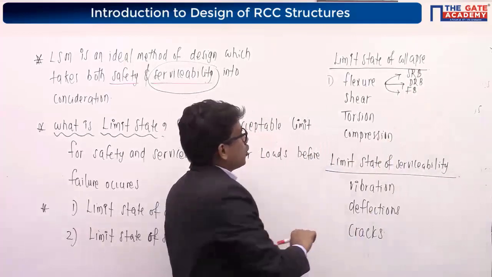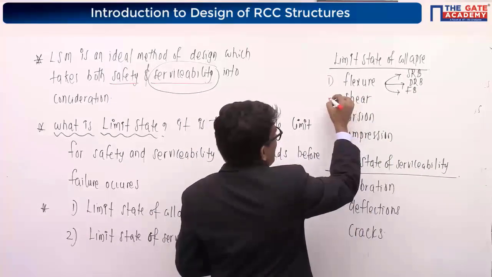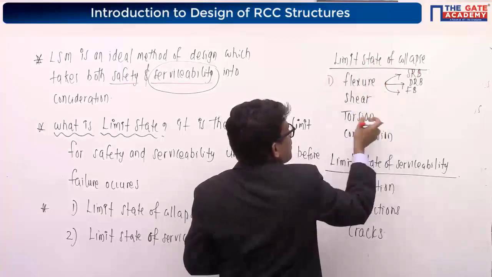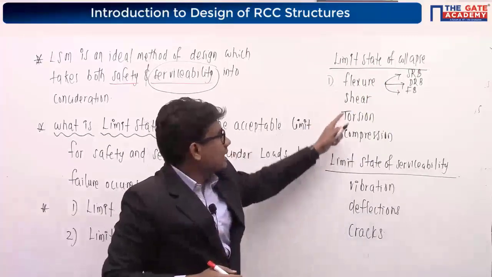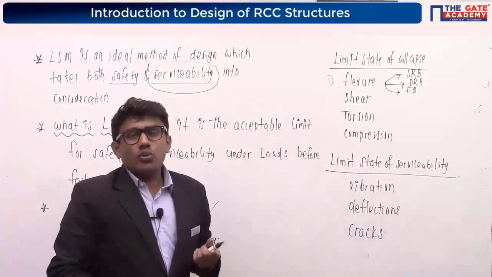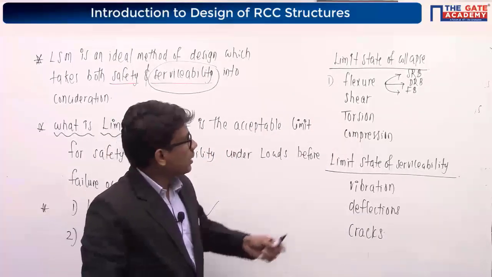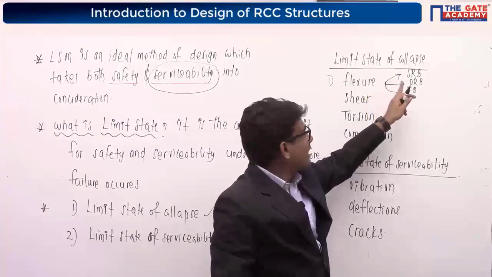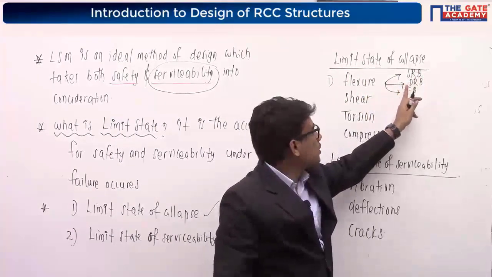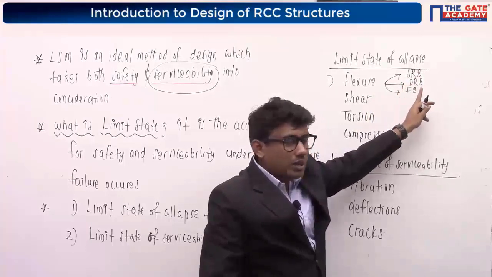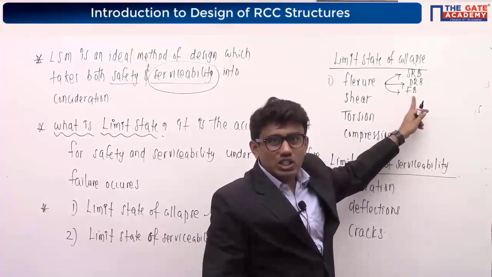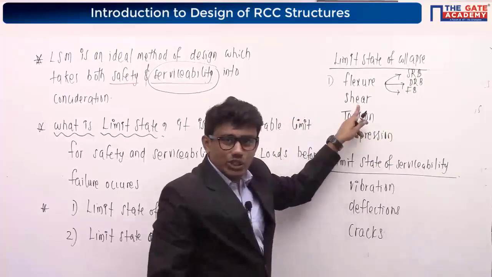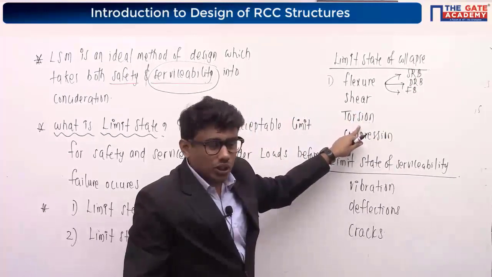And we will be discussing the same here also, that is limit state of collapse shear, and limit state of collapse torsion. So these three things are actually coming in beams. Our first chapter will be design of beams, where we will discuss limit state method of collapse flexure, where we will learn how to design singly reinforced beams, doubly reinforced beams, and flanged beams. We will discuss all those things, and we will learn how to design for shear and for torsion.